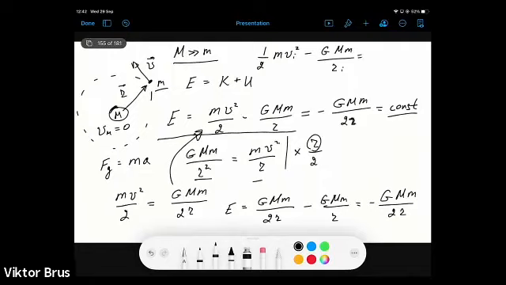Then we change velocity and radius. They cannot change just randomly, but they should change in such a way that the total energy is conserved. So it will be equal to 1/2 m v final squared minus G M m